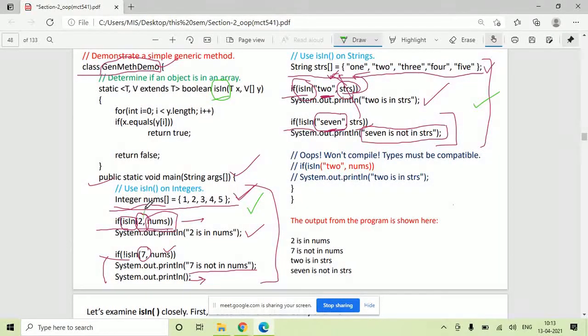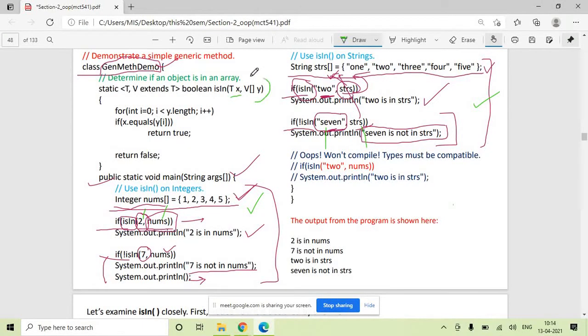It accepts two arguments. In the first case, it accepts an integer value and an integer array. In the second case, it accepts a string value and a string array. So the first element we have defined as T. In the first case, it will be treated as an integer; in the second case, it will be treated as a string.